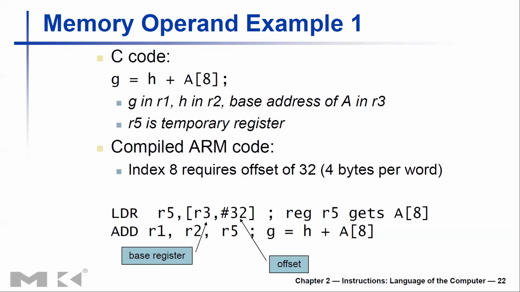And then the addition, we already have looked at how you can do addition operation. It's a basic addition. You have the A8 value in R5 now, and you need to add R2, the value of H, to R5 and get the result stored in R1. So for that you can use the second add instruction. Is it clear how you can load the value from main memory to a register in the register file? If it is not clear,